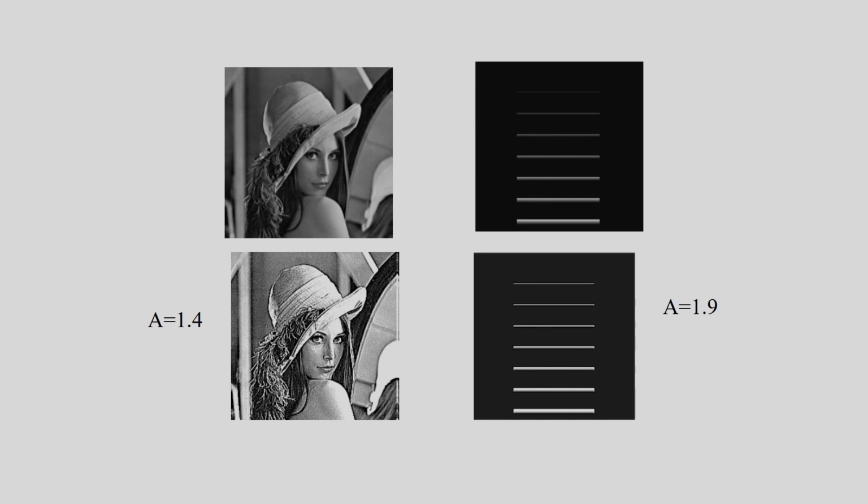And in this case, I can show these two examples corresponding to this image. I am applying the high boost filter, and in this case I am considering A is equal to 1.4, and corresponding to this I am getting this output image. That means I am getting the background information as well as I am sharpening the edges. And corresponding to the second example, this is the input image and I am considering A is equal to 1.9. Corresponding to A is equal to 1.9, this is the output image. So that means I am sharpening the edges, and also I have the low frequency information.